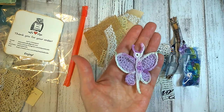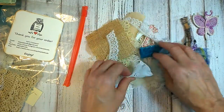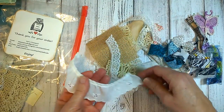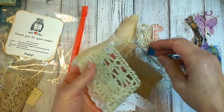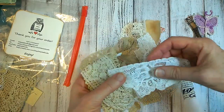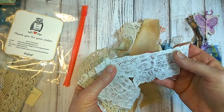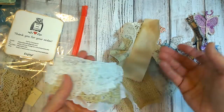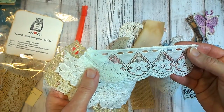And it's a little butterfly, a crocheted butterfly. It's so cute. And in it will be just different pieces of lace, some vintage, some not. Different pieces like this here. These here are really cool, and they're just for snippets, just to make snippets or just to decorate. And here's some of that really pretty lace